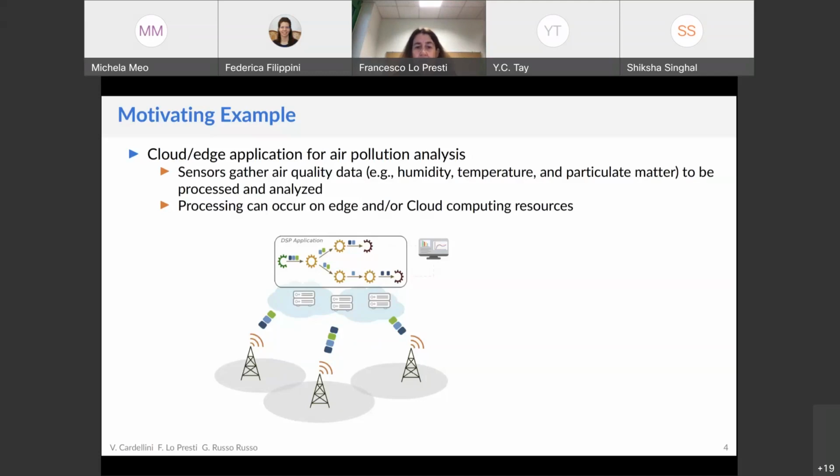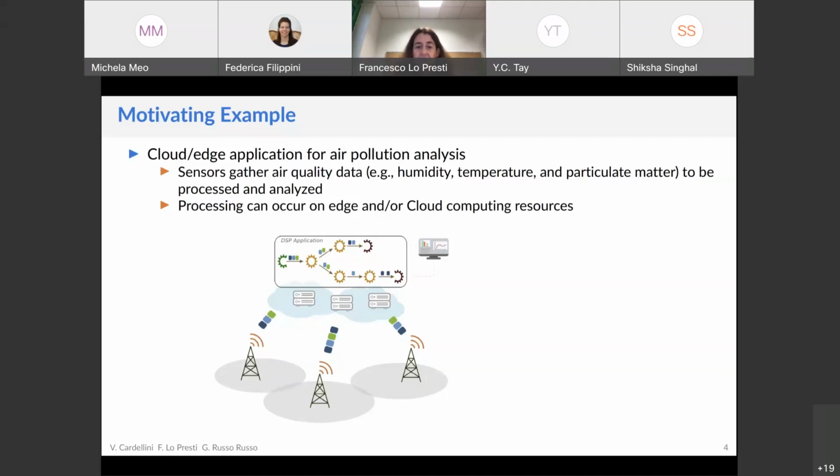In particular, this application is a data streaming application whose goal is to provide an analysis of data regarding air pollution. And so you have many sensors that are distributed at the edge of the network in different cities